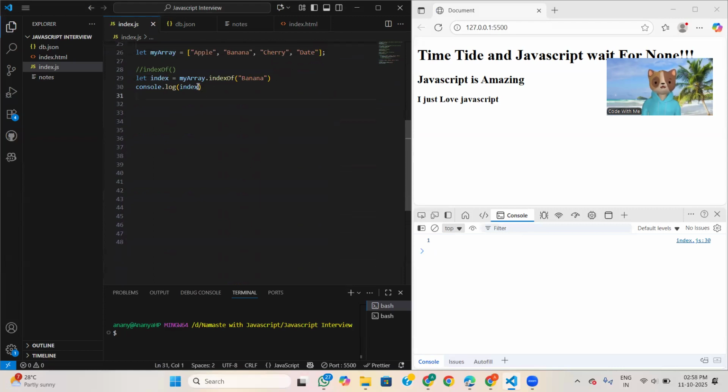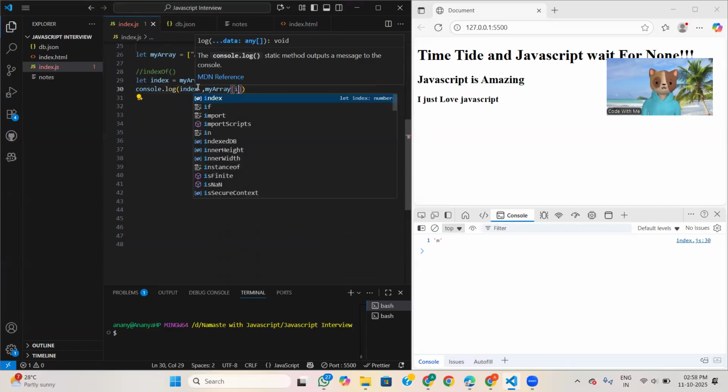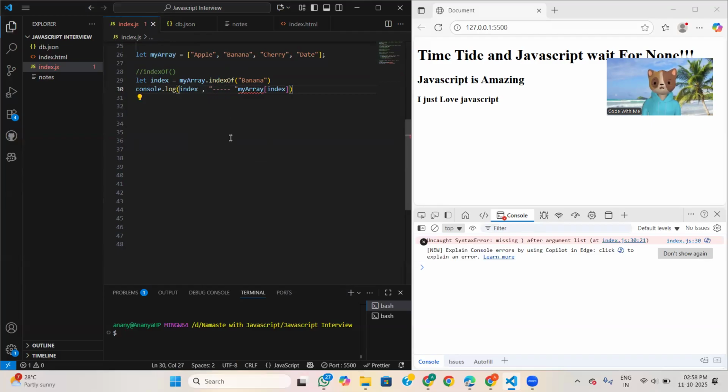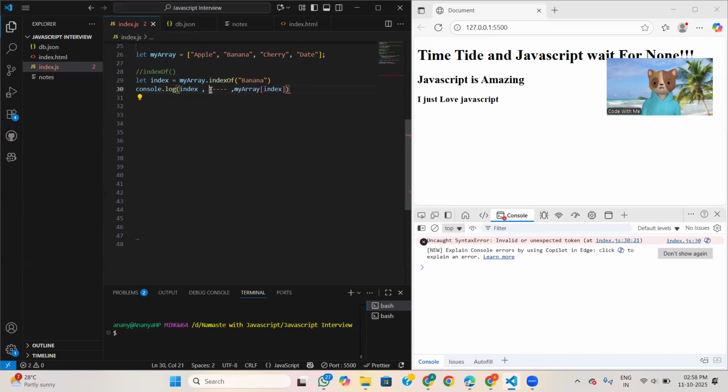Now see, here it is giving index, comma, and if I write my array, let's leave this.